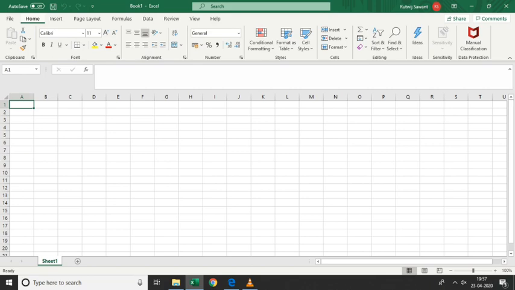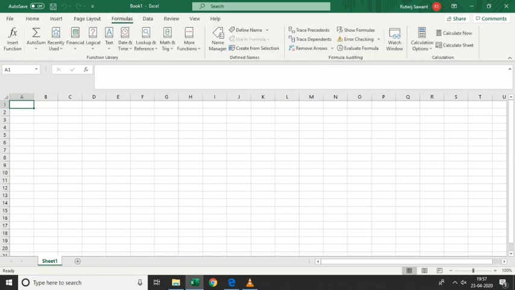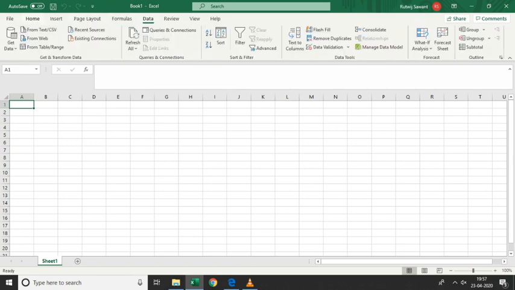Other than that, the tab names are different, so it depends on the program which you are using. According to the program, the tabs with the commands related to that program are provided.